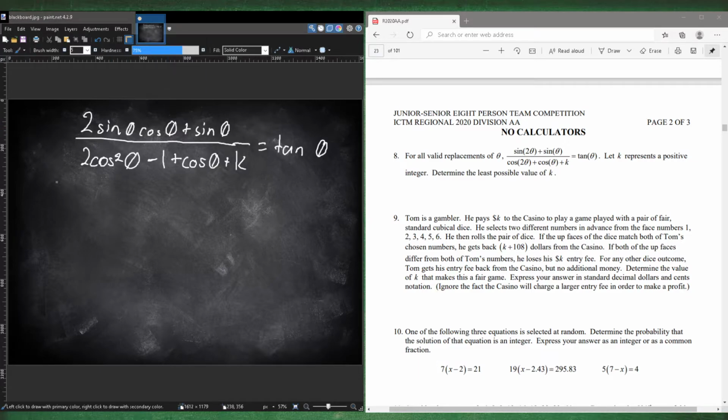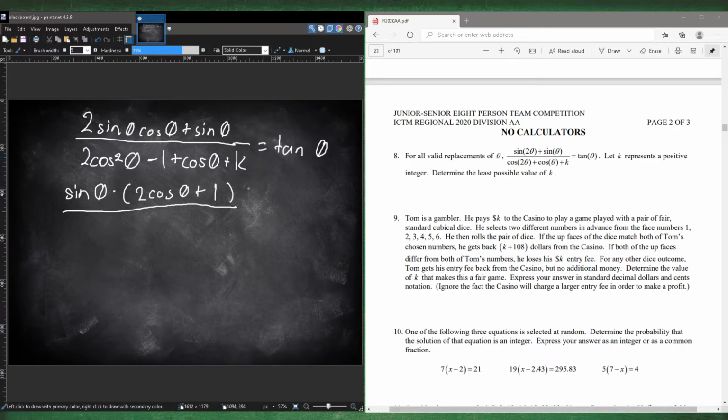So distribute out our sine, and that's 2 cosine of theta plus 1. And then from here, we have 2 cosine of theta minus 1 plus cosine of theta plus k equals tangent